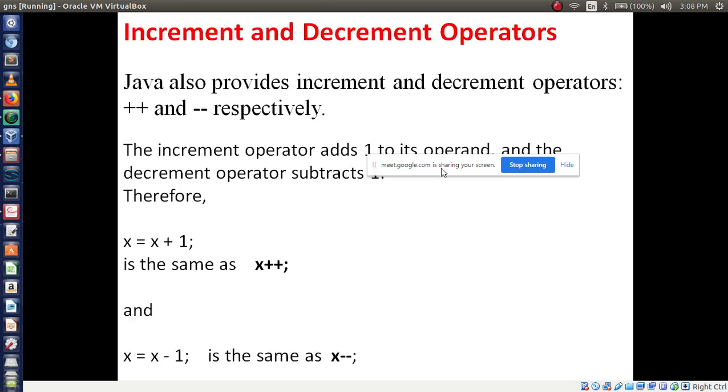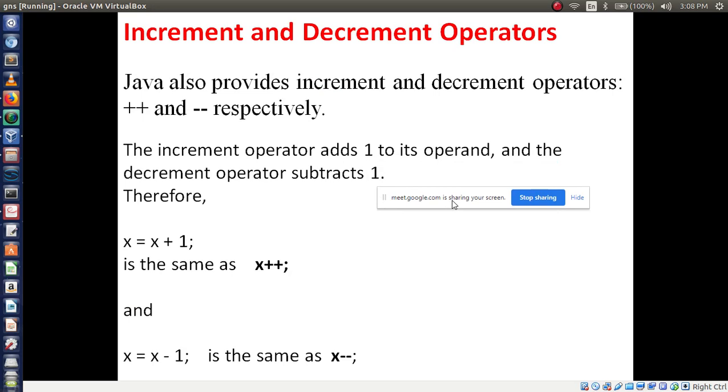Now we have one more concept. This concept comes in every language, that is increment and decrement operators. The increment operator has the symbol plus plus, and the decrement operator has the symbol minus minus. Two minus we call decrement, and two plus we call the increment operator.